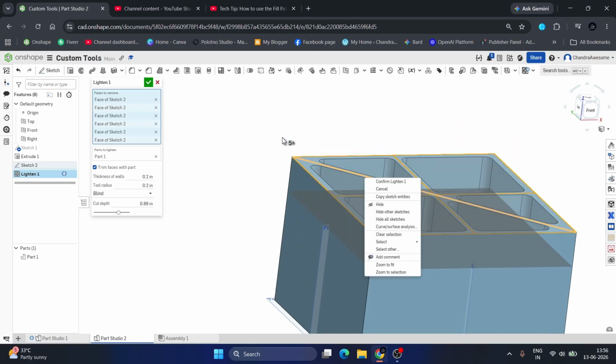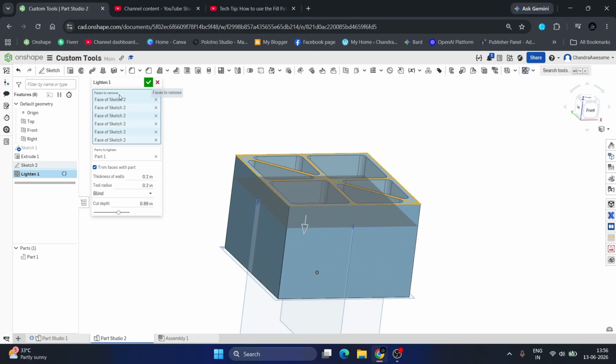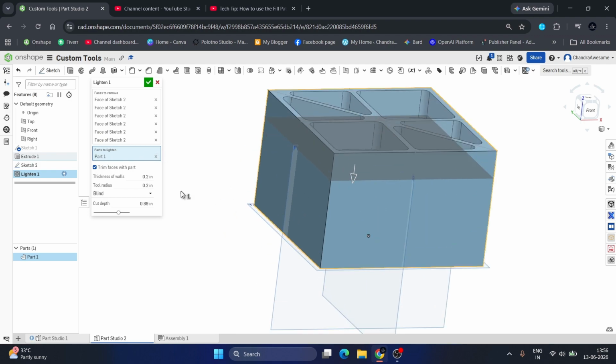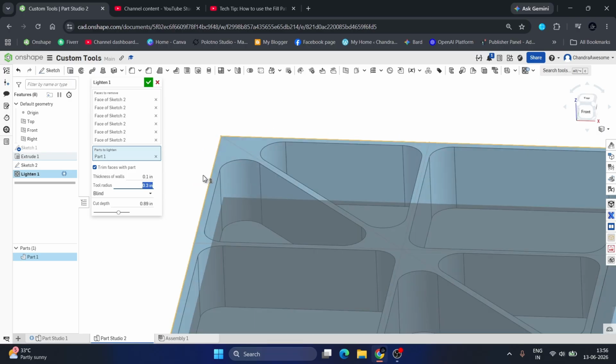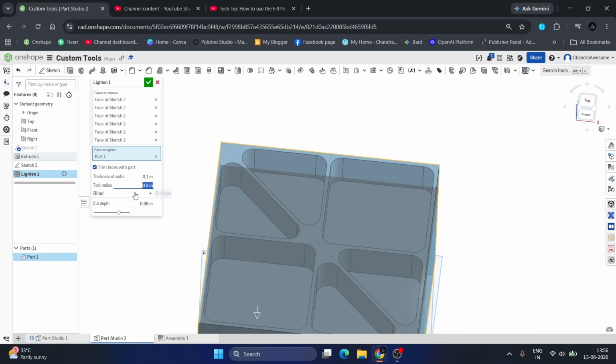And within the toolbar, as you can see, it's asking for faces to remove and parts to lighten, which means this is the selected part. And you can adjust the thickness of the walls. As you can see, it is currently 0.2 thickness. I'm going to 0.1. And tool radius means this is the fillet radius that it is following. So I just want to maintain 0.1,